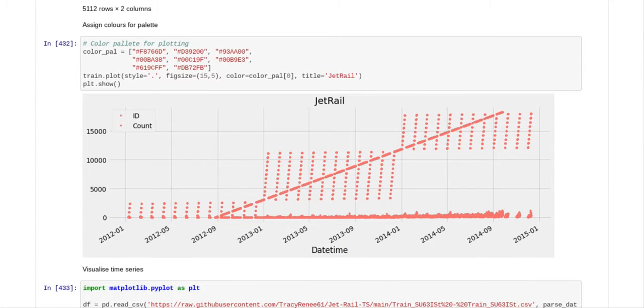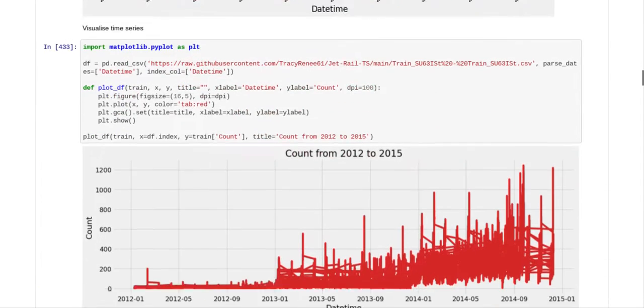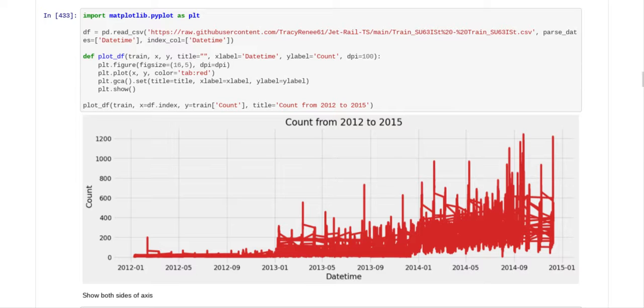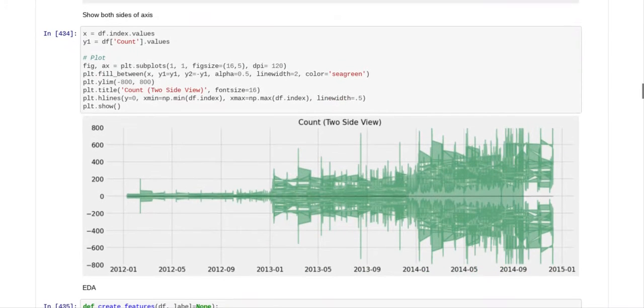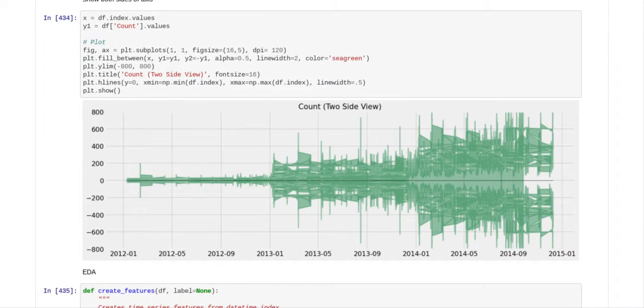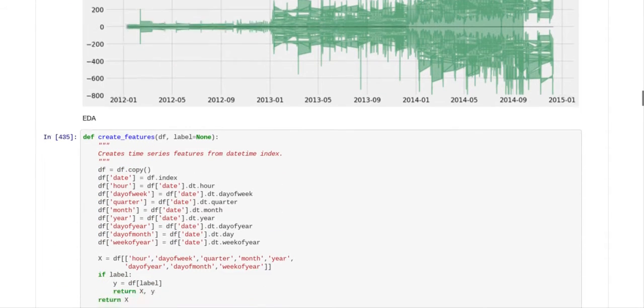So what we did was we put this on a graph, and so we're graphing the count. The next thing we did was we put it on another graph, and we have graphed the count some more. And we put it on another graph, and what this other graph is, since there were no negative values in the count, you could have it in both the positive and negative side of the axis. And that's all it's doing. It's just showing both the positive and the negative side of the axis.